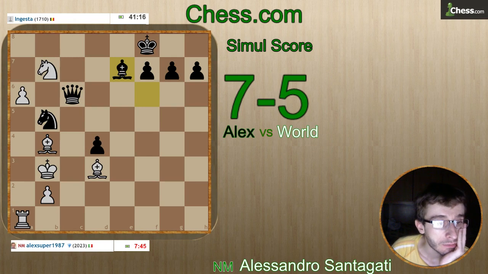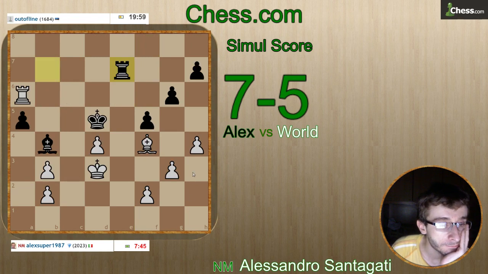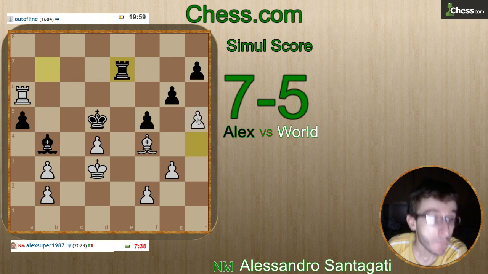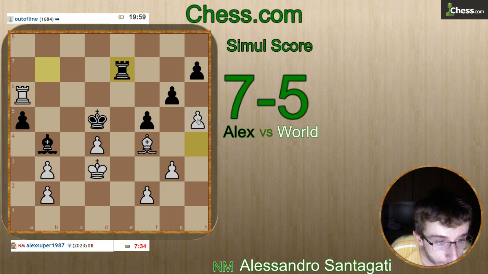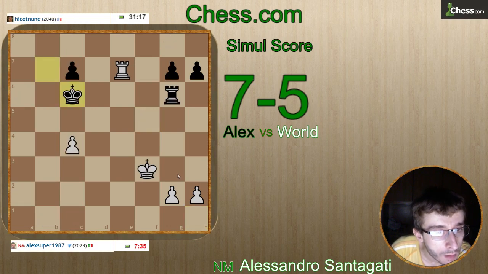Maybe knight d8 now. I take the queen, where the queen can go. I try this, but probably it's wrong. Check. Attack the pawn chain. And now rook d1. Or rook c1. Okay, so